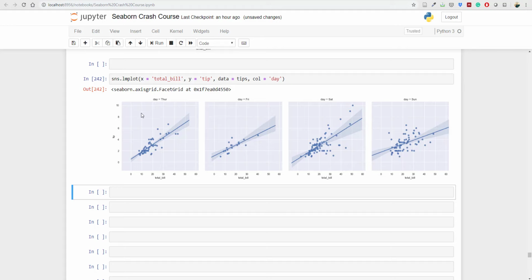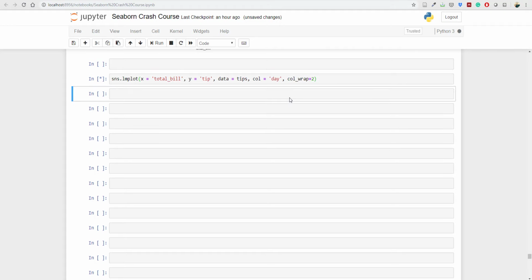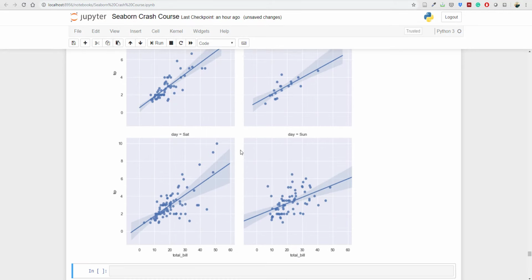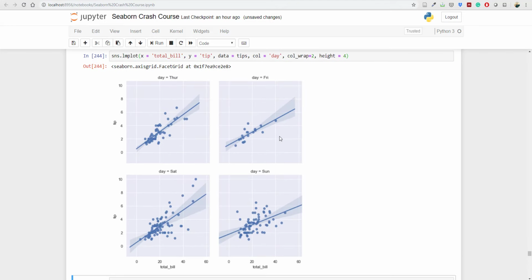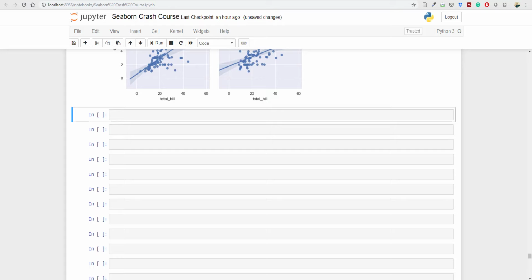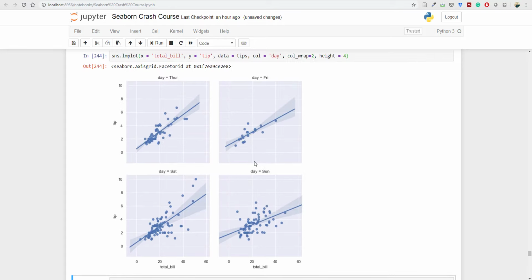But let's say you want to set this into a 2x2 matrix, then how can you do that? To do that, you can set col_wrap. So just call col_wrap is equal to 2. Now you will see this will be set into 2x2, and you also get control to set its height. Now you can set height is equal to, let's say, 4. Now we have set the height to 4. Perfect. So this is all about working with linear